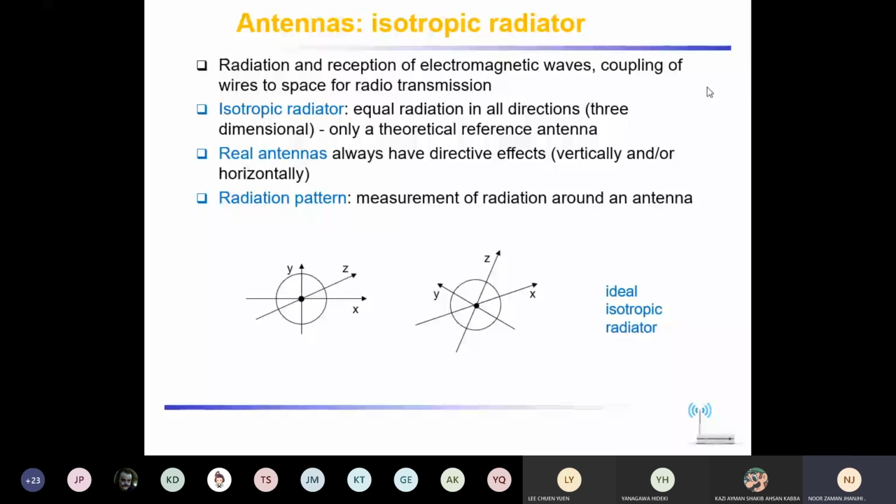The isotropic antennas are those antennas which can transmit the signals on 360 degrees. They can radiate equally in all directions, east and west and north and south, 360 degrees. But if it is not an isotropic radiator type of antenna, then we call those antennas directional antennas. They can transmit the signals in 180 degrees. So these are the different types and shapes.